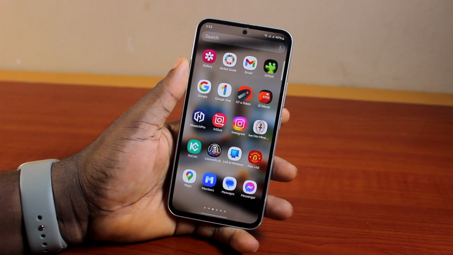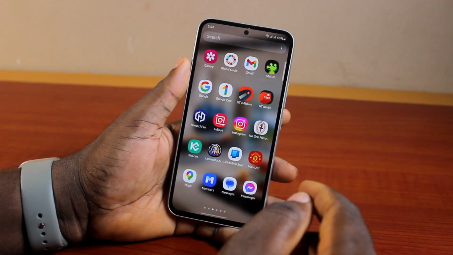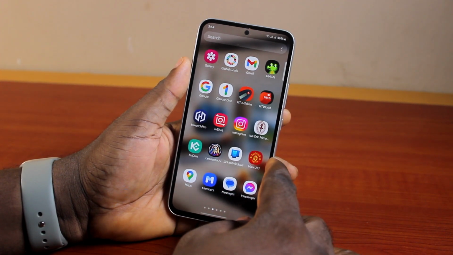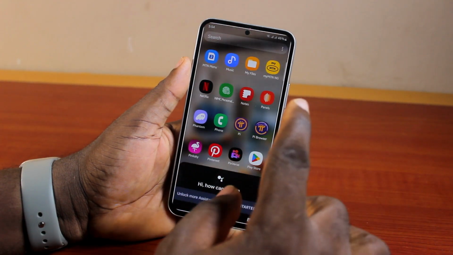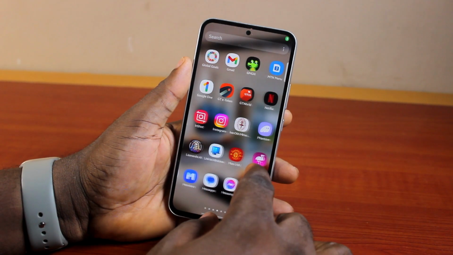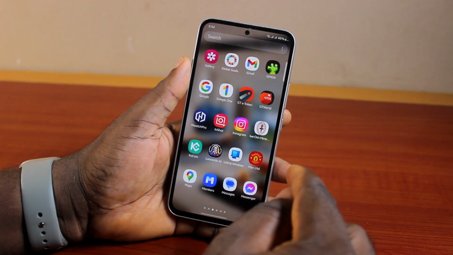Here, I'll detail how to switch to Google Gemini from Google Assistant. So if you want to switch to Google Gemini on your Android, instead of using Google Assistant, so that each time you say, hey Google, it will stop working, and then you have access to the new Google AI called the